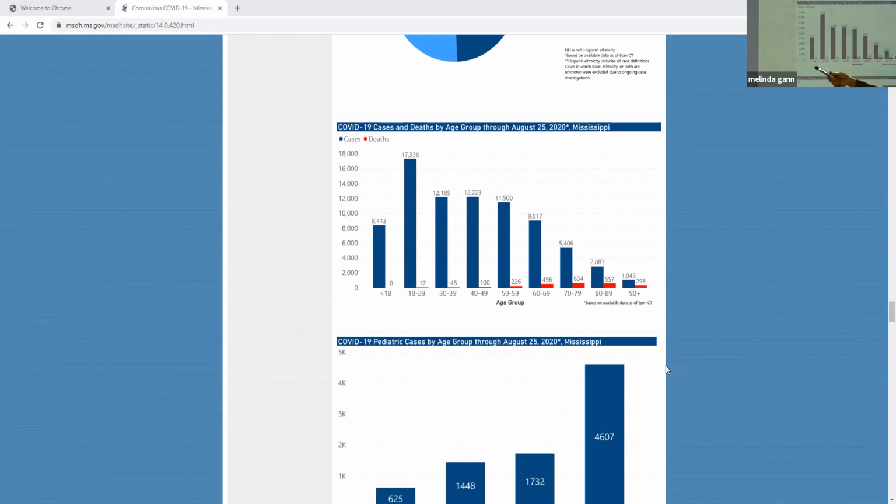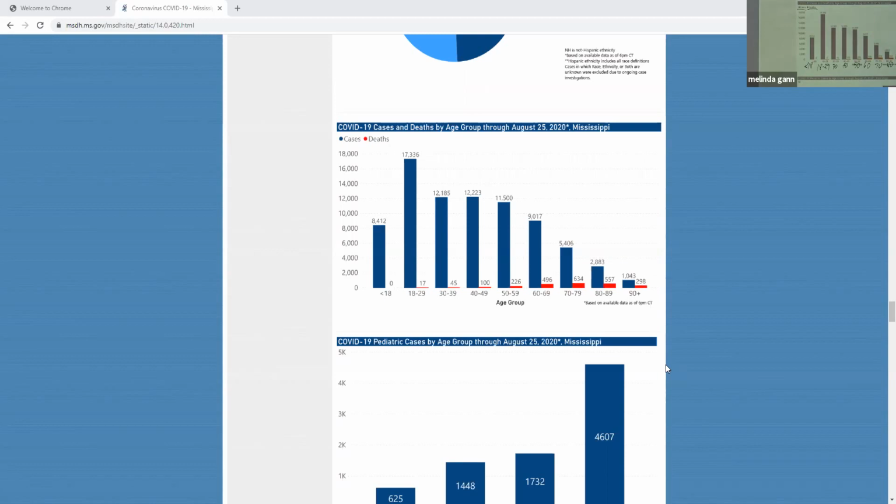Do you see that somehow looking at bars is easier than looking at numbers? Now, what's a little bit hard to see from the back of the room is this bar is for people that are less than 18 years old. This is the bar in Mississippi for 18 to 29. Where do you fit? Don't you fit here? These are people in their 30s, these are their 40s, these are the 50s, the 60s, the 70s, the 80s, and the 90s. So they tell you that the blue bars are the cases, the red bars are the deaths.